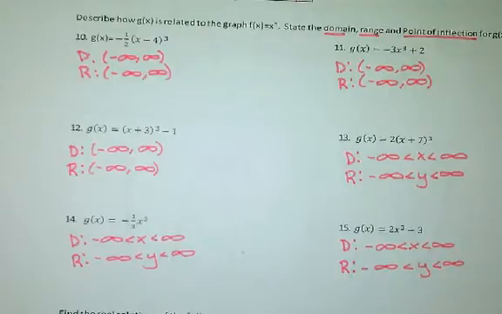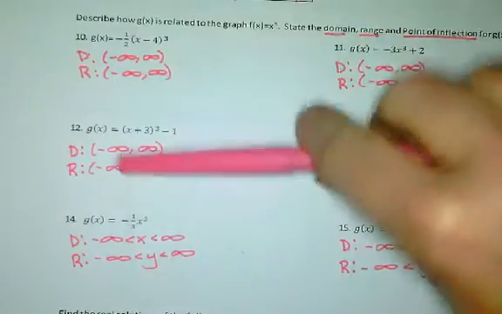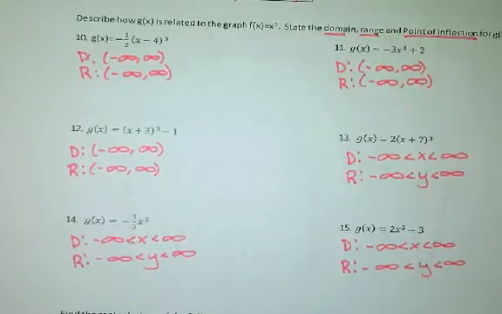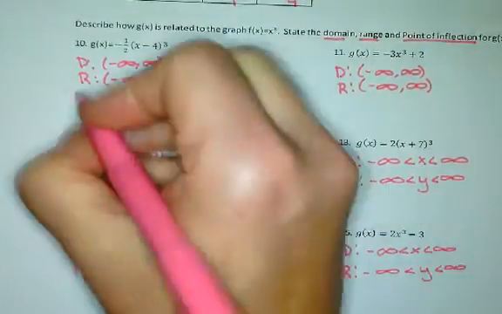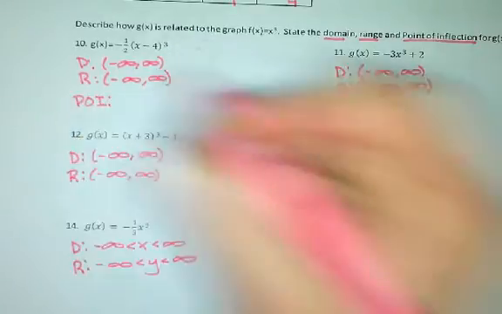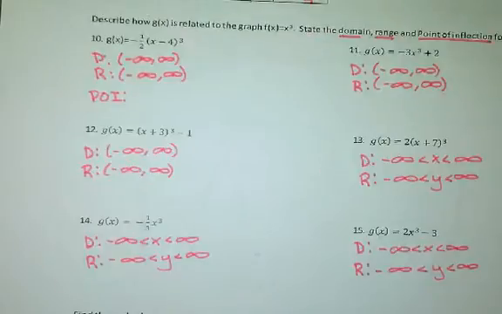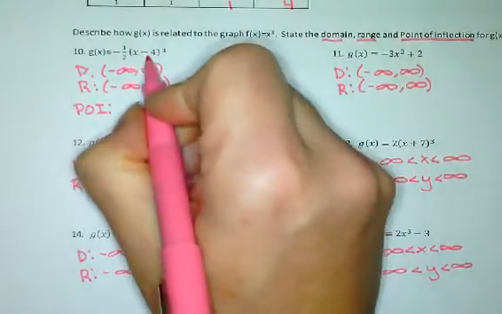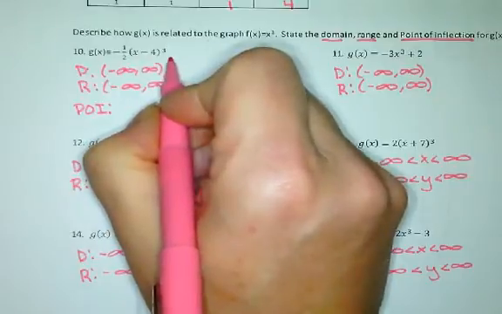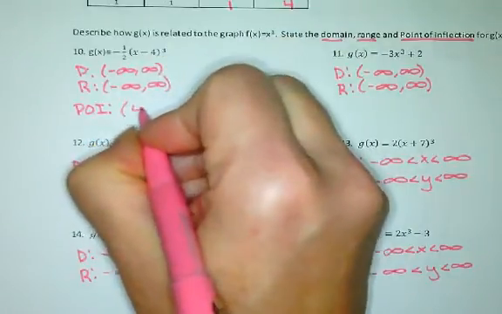Okay, so that's the domain and range. Again, as an interval notation and as an inequality. Okay, so the next thing I want to talk about is the point of inflection. I'm just going to call it the POI. So again, it's always moved from that parent function 0, 0. Okay, so I can tell that this one was moved 4 to the right, but then it wasn't moved anywhere else. So I know that the point of inflection then is